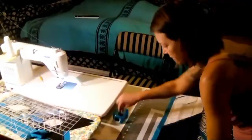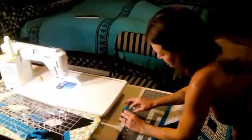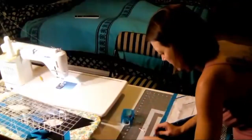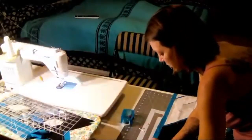And after a while, you'll get used to it. Just eyeballing, you can do it. That one dug into my finger really hard. I'll pull a couple of these out. And I'm going to pin at the junction and then halfway. And then again, this top junction right here,